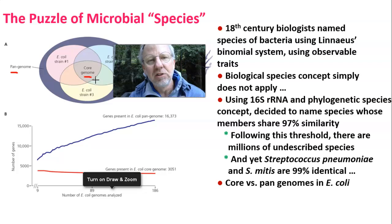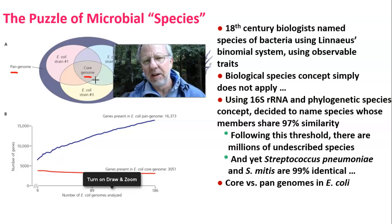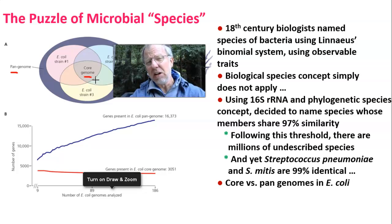coli, there's just about 3,000 plus genes in the core genome that are shared amongst all of them. But there's something like 30,000 plus genes that are found in the pangenome. So what this is getting at is that there is a lot of diversity phylogenetically of E. coli out there that has been evolving independently to some degree. And so under this criterion, then